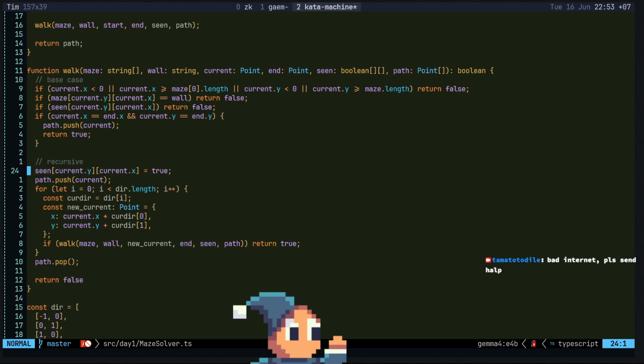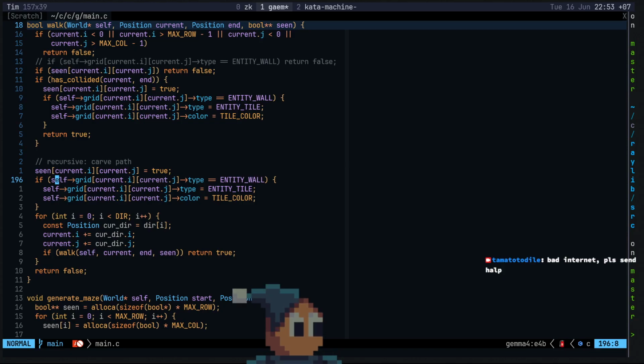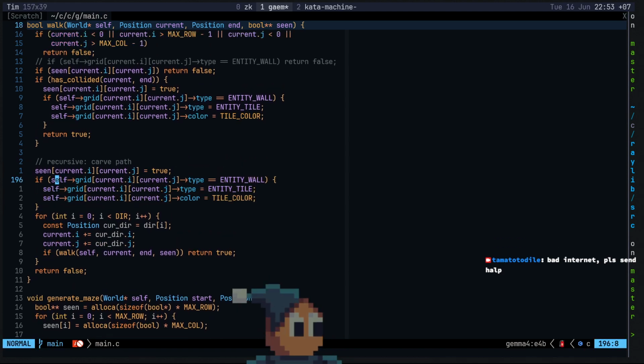So this is the scene. Current y, current x equals true. This is us stepping to the wall and then changing the type. If it's a wall, change it to a tile.